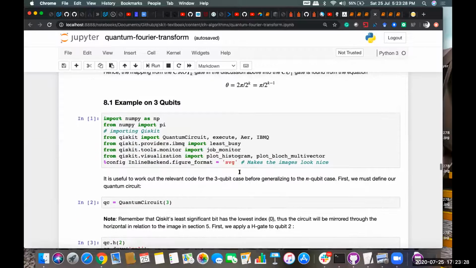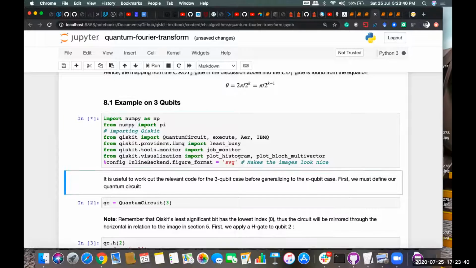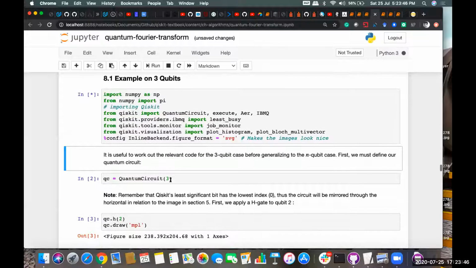Okay, so coming to the Qiskit implementation of this, I'm not going to write the code from scratch live because that takes time and we have to cover this topic. So I've picked the notebook and I will just run the cell and show you what is happening here. Here we are taking an example of 3 qubits,